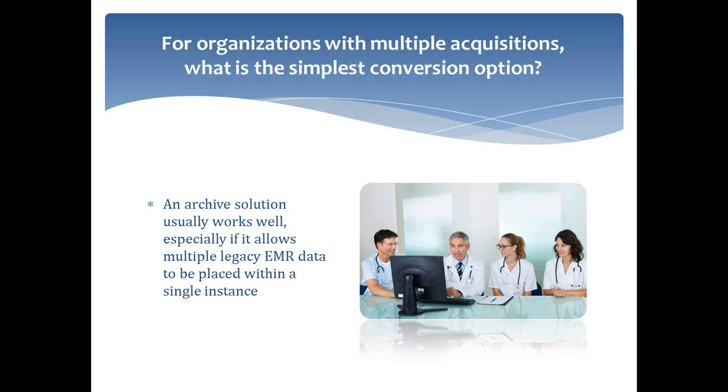Without something like that, say an organization decided to just leave those EMRs up and running, now they've got all their data in separate EMR systems across the organization, which makes reporting extremely difficult, which means they have to log into multiple systems to get the full comprehensive record. And with an archive solution, a lot of them allow you to combine the patient data across those different legacy systems into one single view. So it's a really nice way to be able to see the full chart of that particular patient.